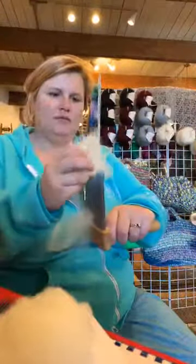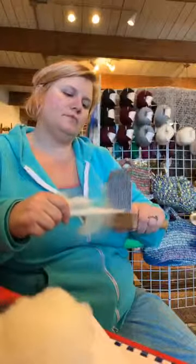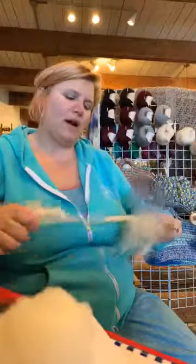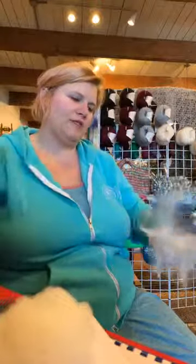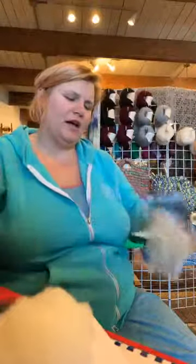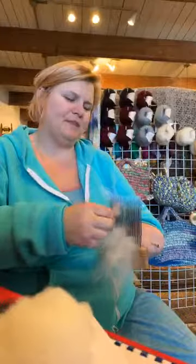Now, why would you use combing with this fleece? This is a really long fleece. A lot of fleece we would never comb, correct? Correct. A shorter fleece does not comb as well. It's hard to